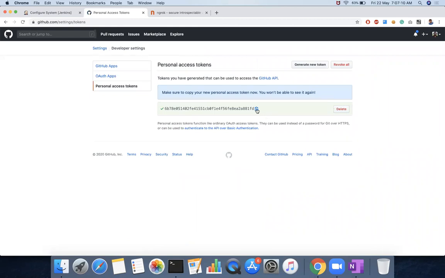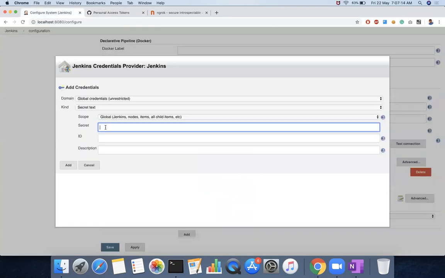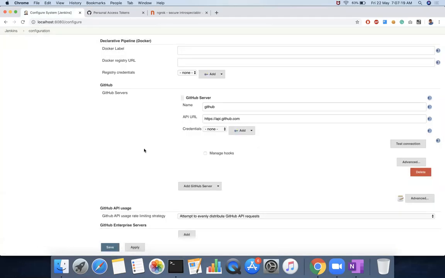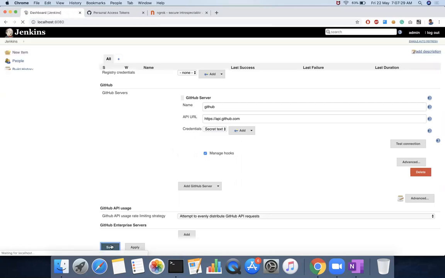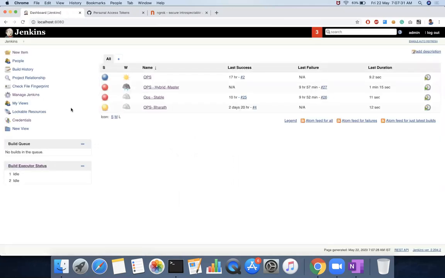Give the same secret here, and add. Choose the credential that we have created. Now that we have created the secret text, click on Manage hooks and then save. These are the settings you have to do from the Jenkins side.